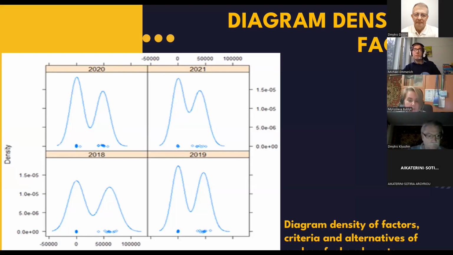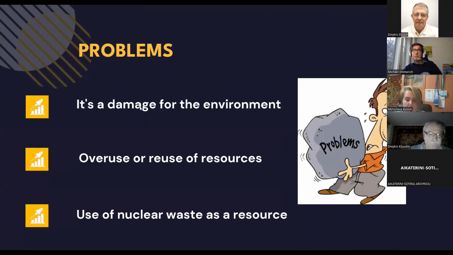We also prepared a theoretical part on this topic, and from the analysis we conclude that Romania has the largest number of household and waste enterprises, and three problems of using nuclear waste can be identified. We need to prevent environmental damage, look for ways to reuse the resource, and third is the conversion of nuclear